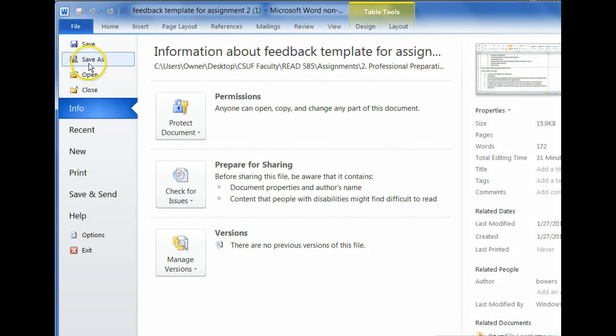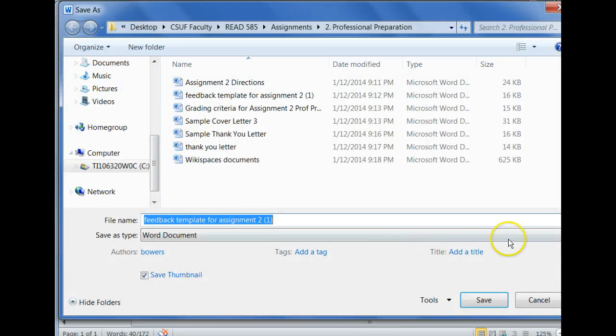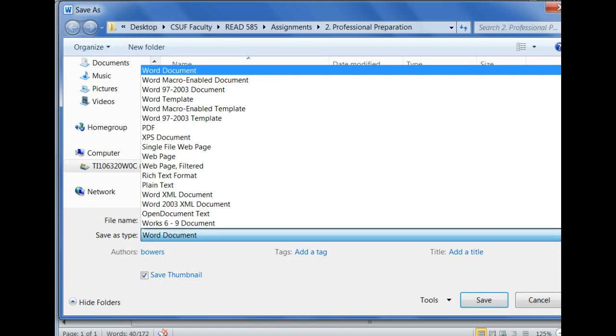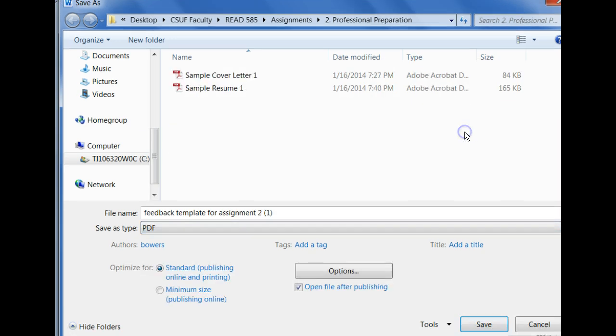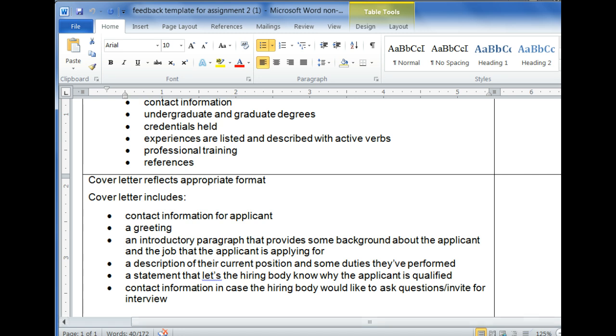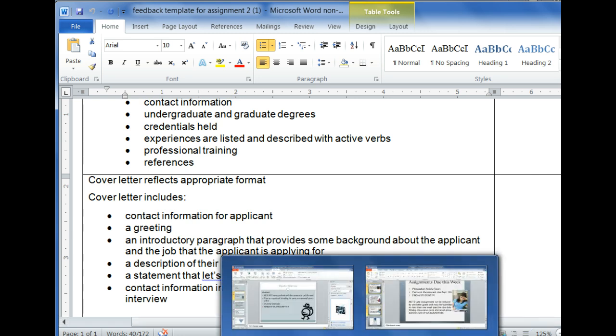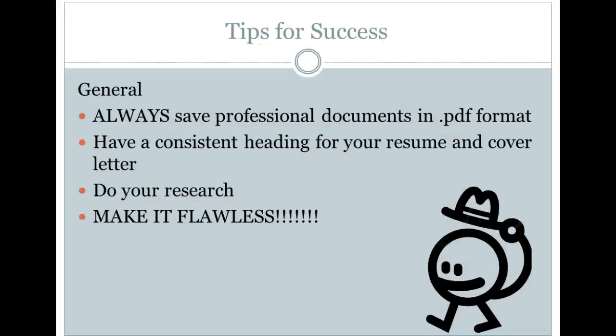You just go to File and Save As, and then here for the file type, you change it to PDF, type in your file name, and then you will be able to save it as PDF. Definitely take the time to do that extra step. I think it just makes for a more professional representation, and again prevents any sort of screwy formatting that may come from just using Word or a different word processing system.